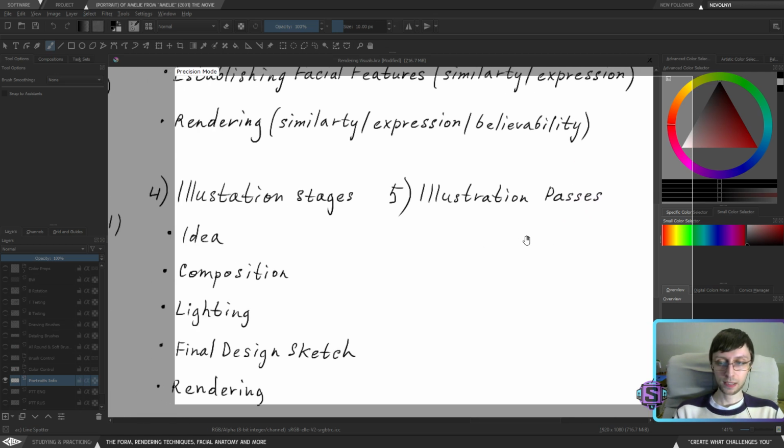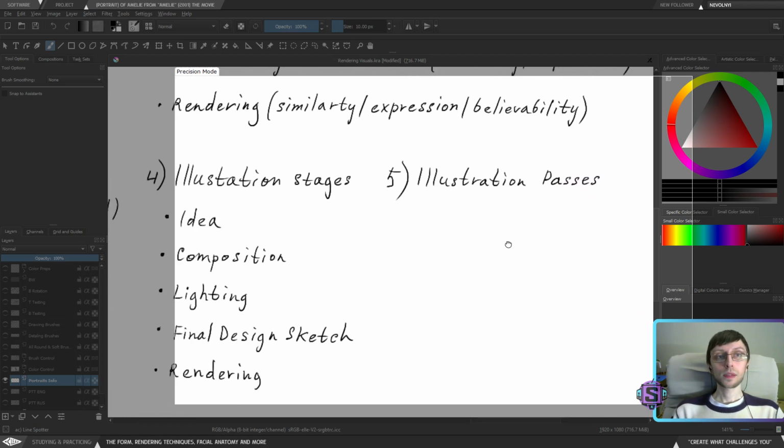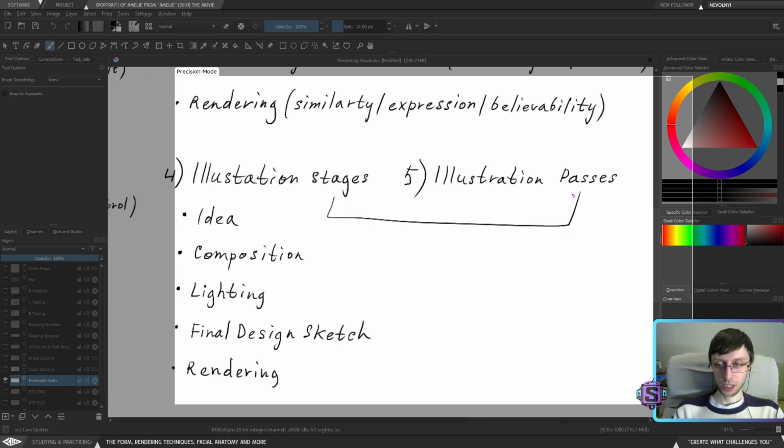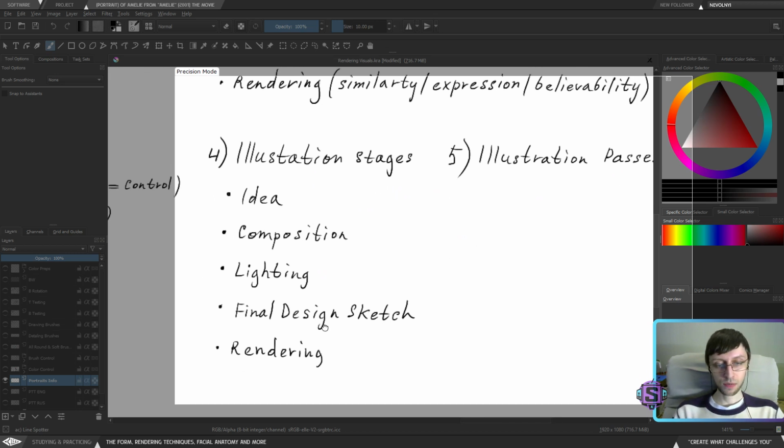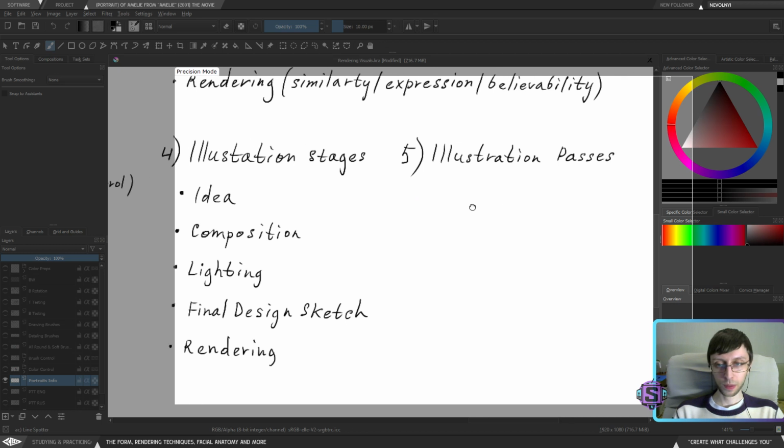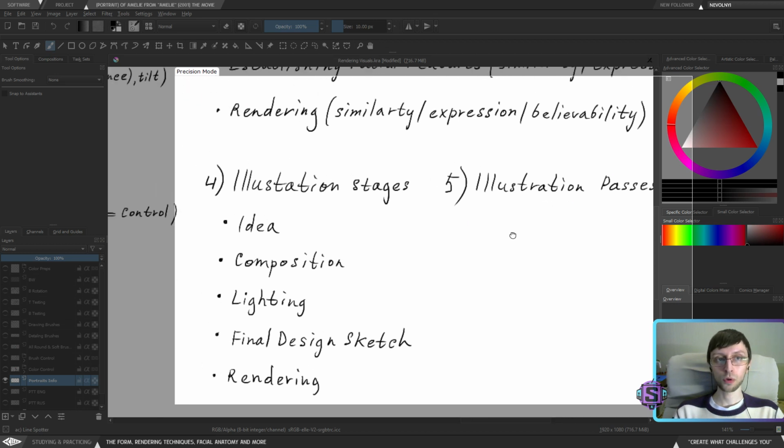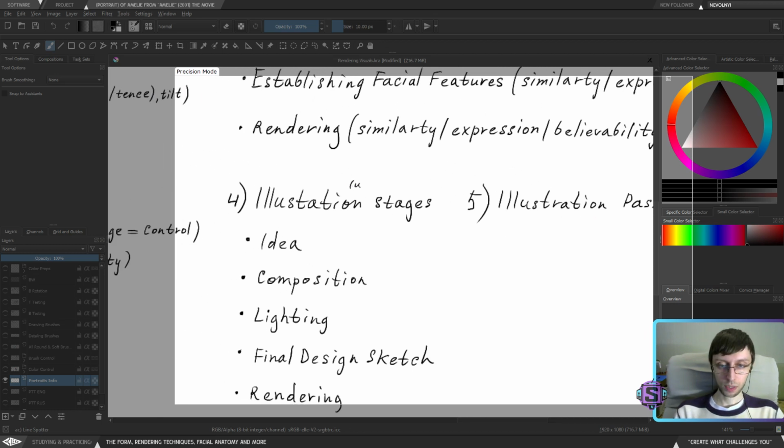So illustration passes. What is the difference between passes and stages? As I said before, the stage of idea is something that every artist goes through, but passes are a little bit more unique. So stages are basically universal, with slight variations.